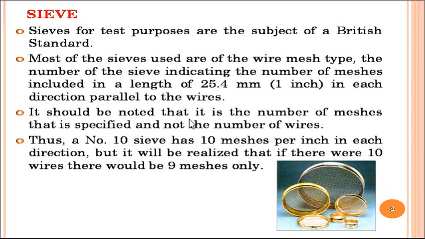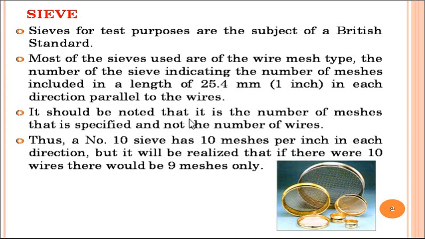When we talk about the sieve number, it should be very clear in your mind that, for example, a number 10 sieve means 10 mesh. Now you know mesh means number of holes per inch. An inch means 2.54 centimeter or 25.4 millimeter in area. That will define the specific wire weaving and the number of holes which are generated.